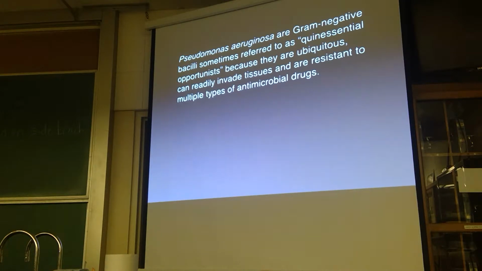So, the next organism that again is not a match, this is a fill in the blank, Pseudomonas aeruginosa. These are gram-negative, sometimes referred to as the quintessential opportunists because they are not normally pathogens. They live in water, they live in association with soil, probably on plant material as well. They're all over the place, so ubiquitous means you find them everywhere. And the biggest problem with them is they are resistant to so many different types of antibiotics, probably because they're